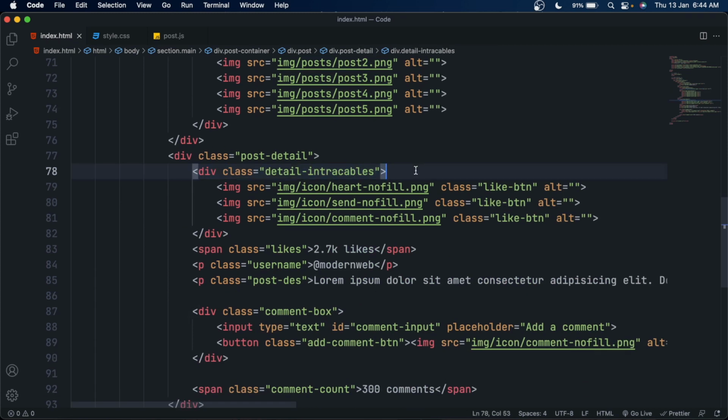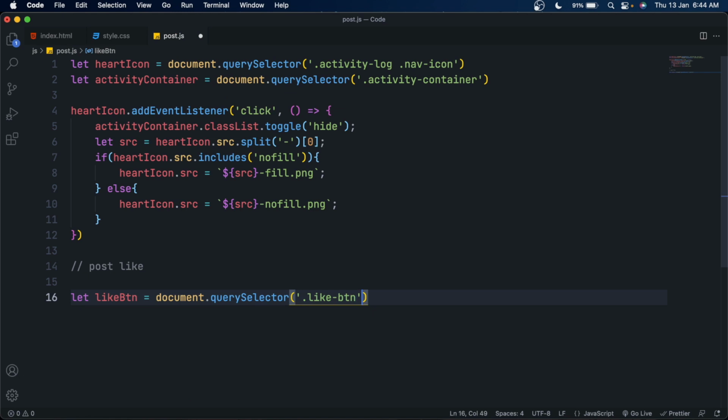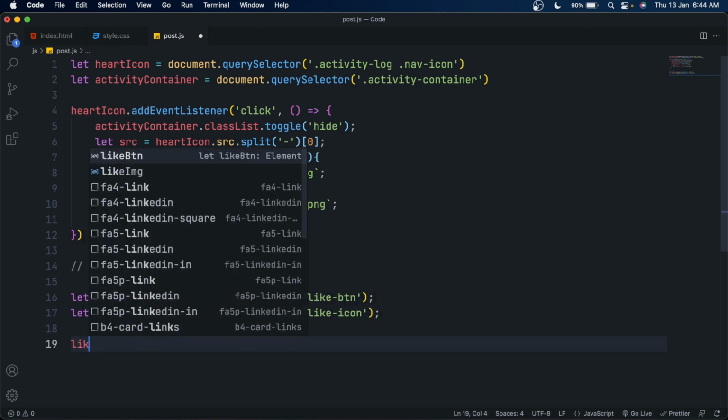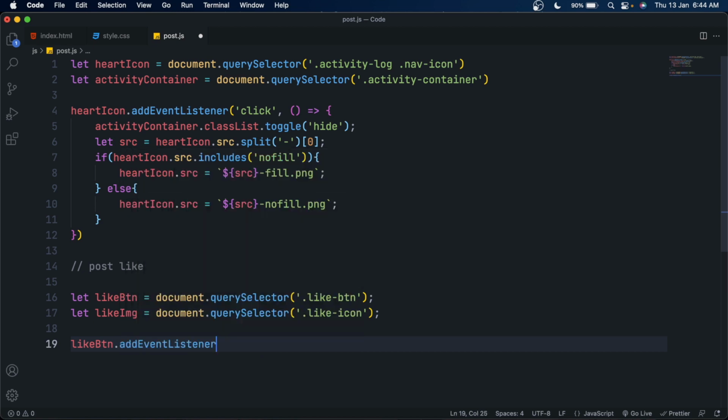Here inside the detail interactables you can see the btn. So copy this like btn and paste it inside here, and after that make another variable, set it equal to document.querySelector, and pass the like icon class here. So we are selecting the red heart icon and the post like icon.